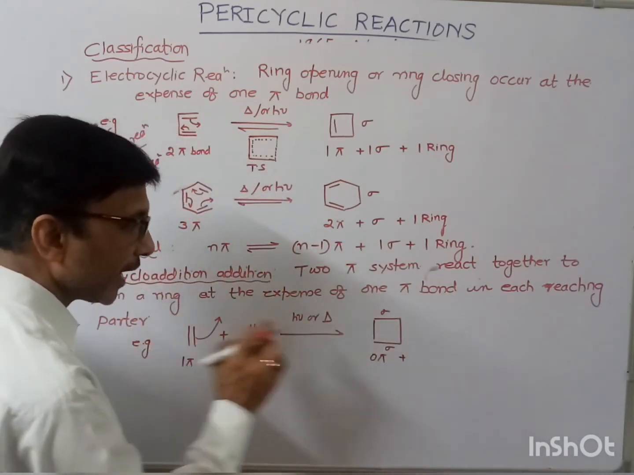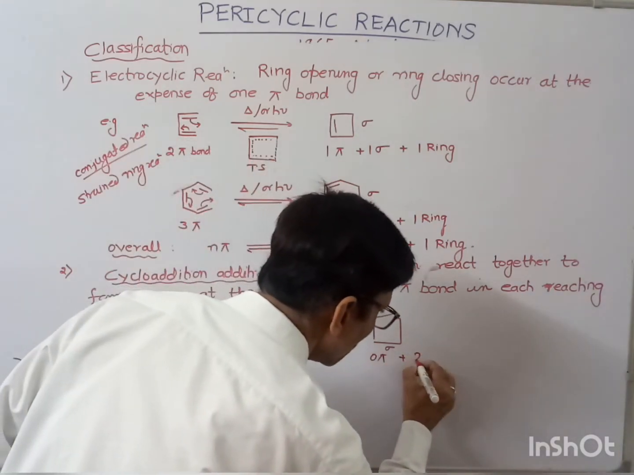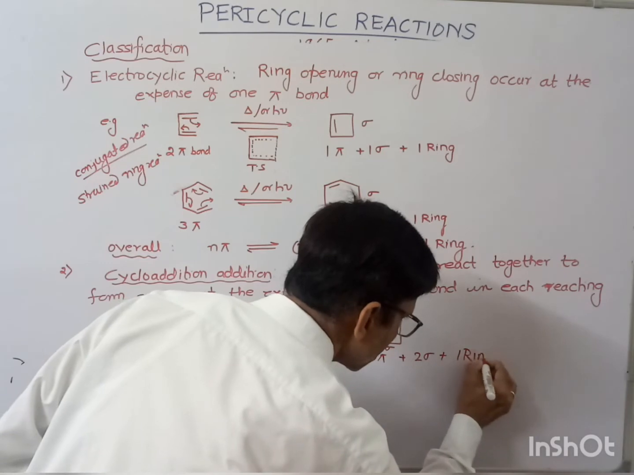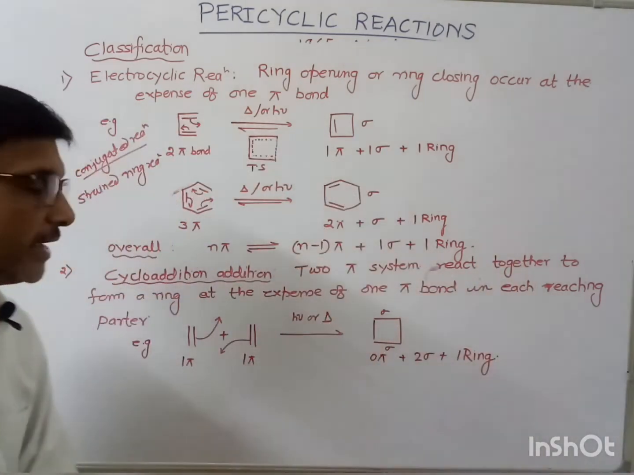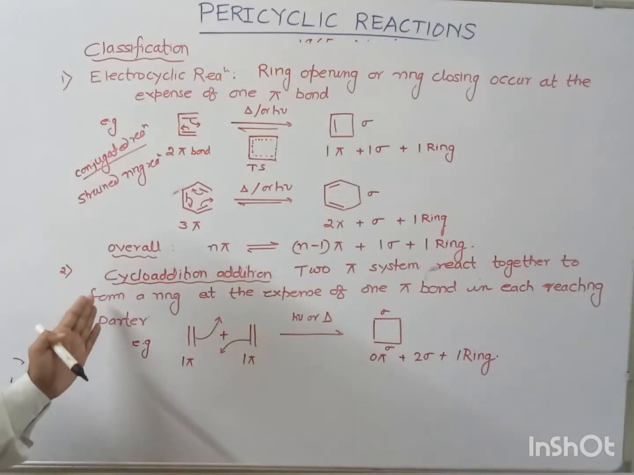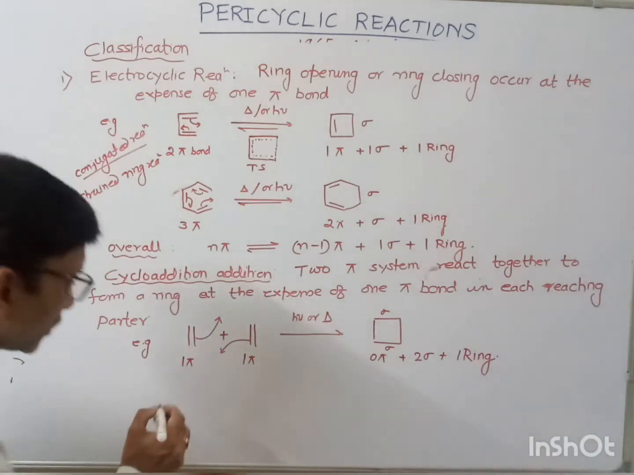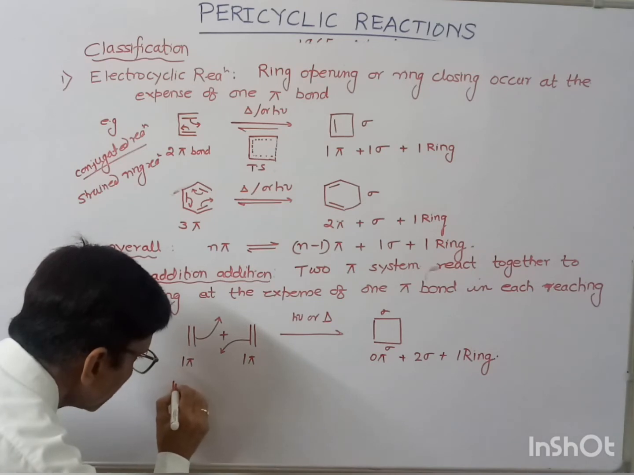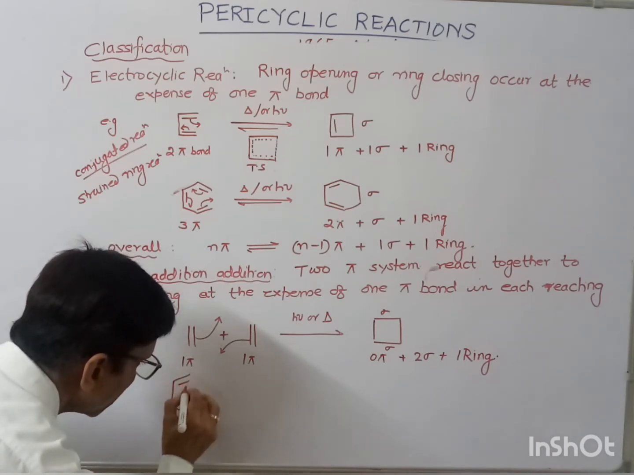Over here, one ring is formed. So two new sigma bonds plus one ring are formed. In the same way, suppose I take the example of another cycloaddition reaction. In another cycloaddition reaction, if you will see, then if you have